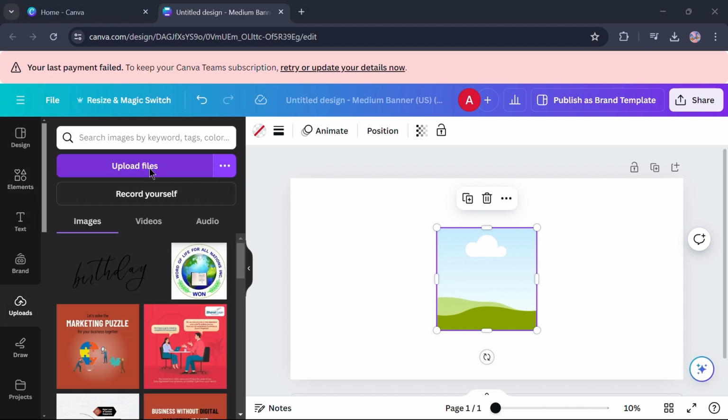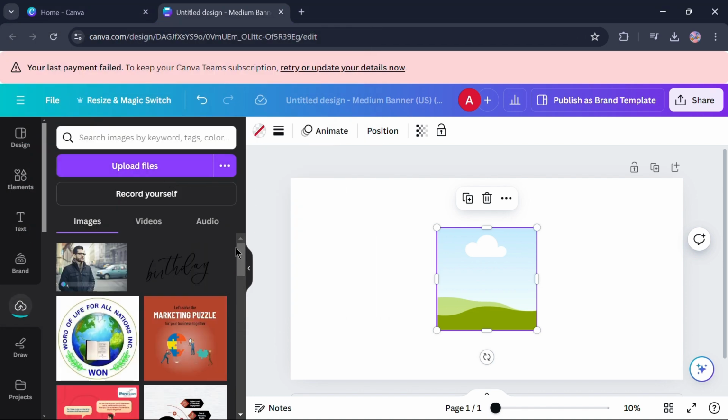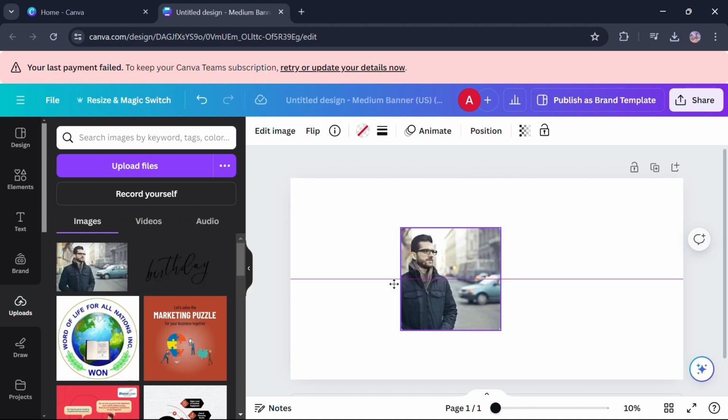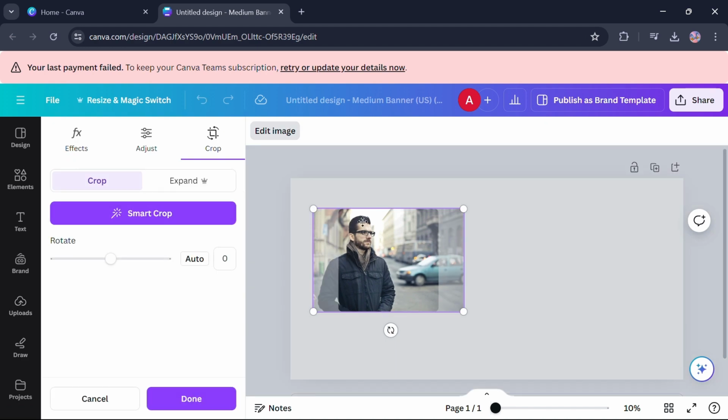Click Upload Files to upload an image from your device, or drag and drop the image from your computer. Drag the uploaded image and drop it onto the frame on your canvas, where it will automatically fit into the shape. You can double-click the image to adjust its positioning and size within the frame until you're happy with the